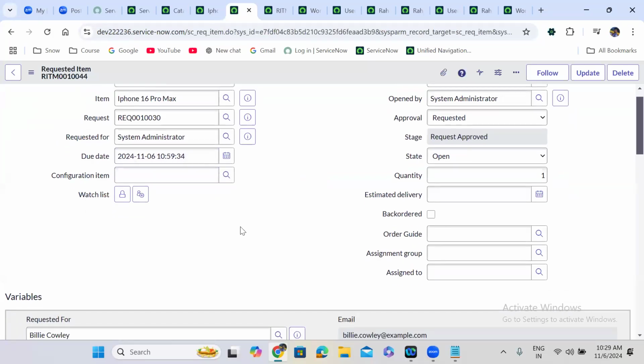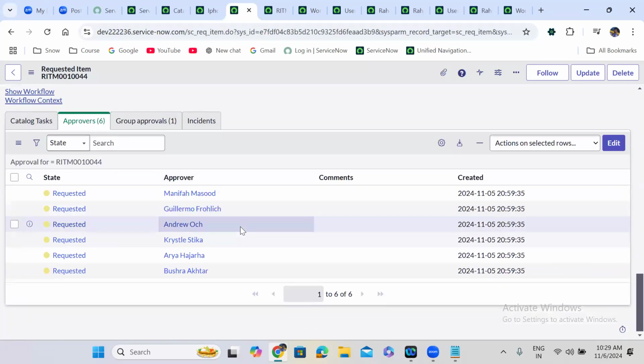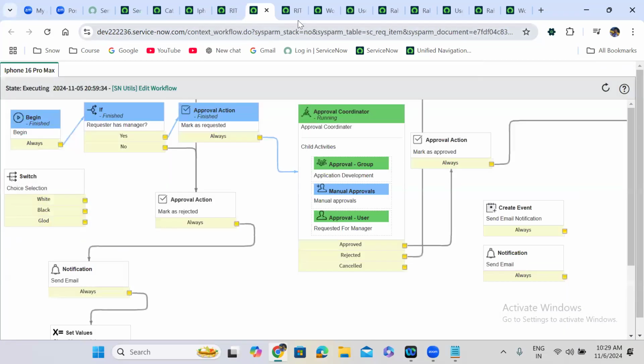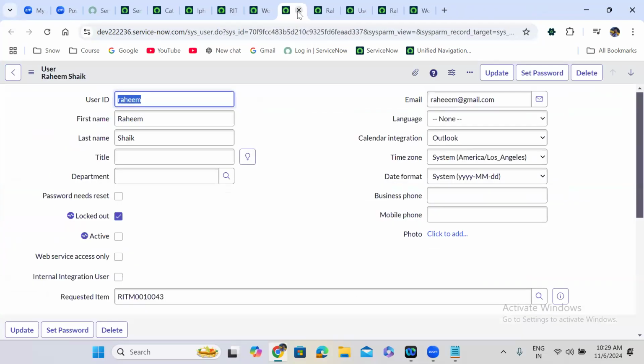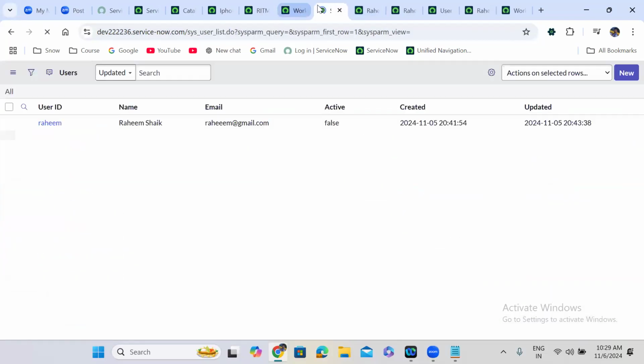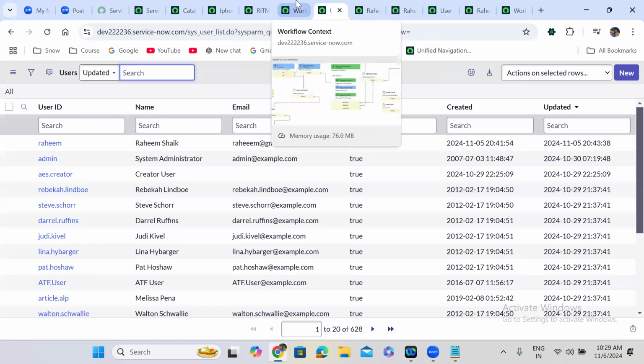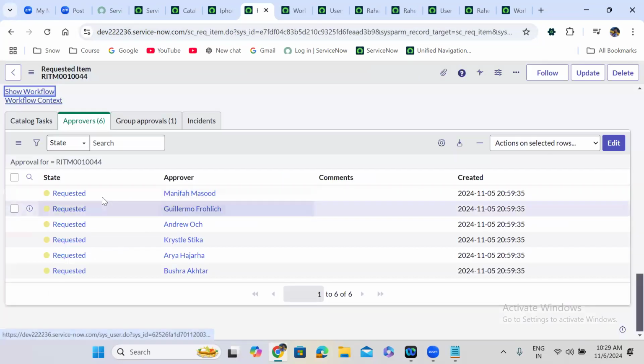You can see here where exactly the workflow is waiting. Now the workflow is actually waiting for the approval part, right? So once I provide all these approvals,